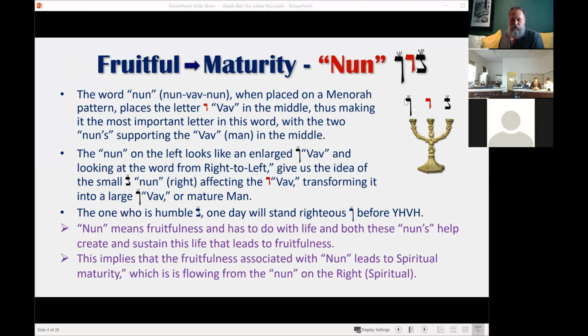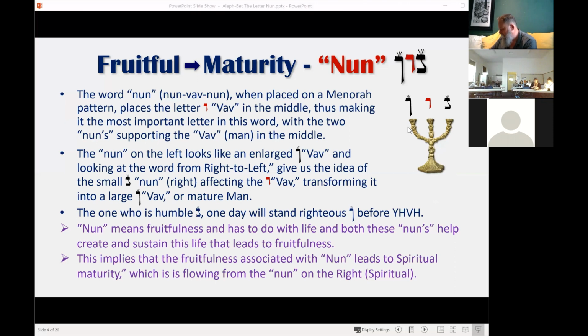So that's also a beautiful picture of the word Nun, depicting the Messiah's work when he was on the cross, and how when you accept him, you are transformed into a mature or a larger form of man, which is, when we looked at Adam, the complete Adam, the fulfilled Adam, or the restored Adam. So that is also what this represents. It's just the process and the work of Messiah that we can see in here.